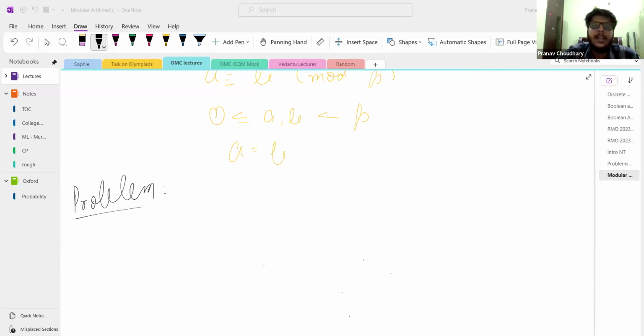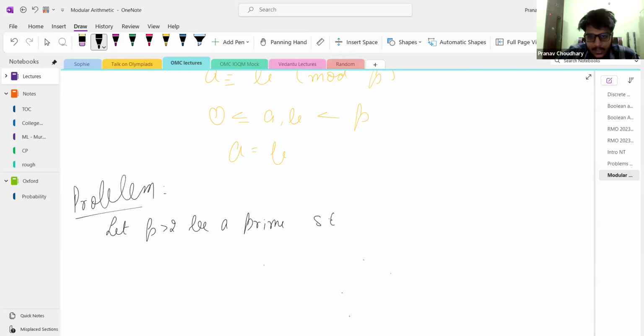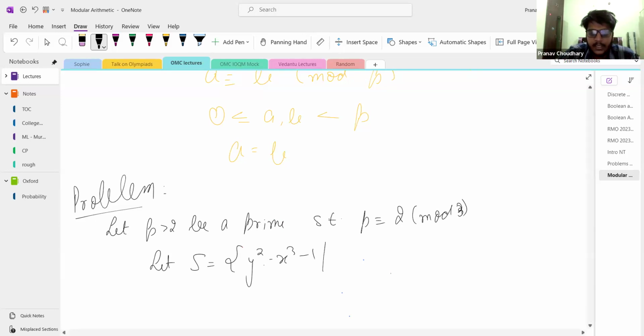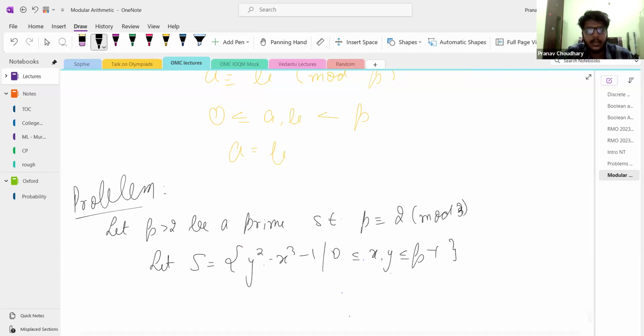Okay, problem. So let p greater than 2 be a prime such that p is congruent to 2 mod 3. Let S be the set of numbers of the form y squared minus x cubed minus 1 such that 0 less than or equal to x, y less than or equal to p minus 1. x and y are integers. Prove that